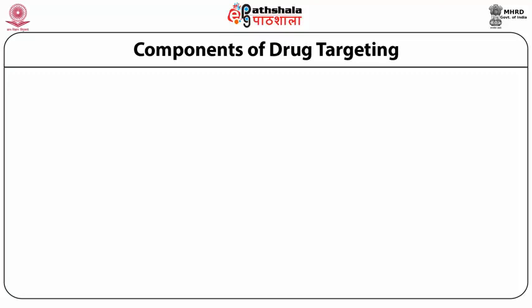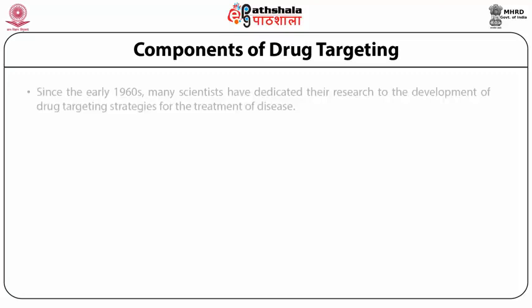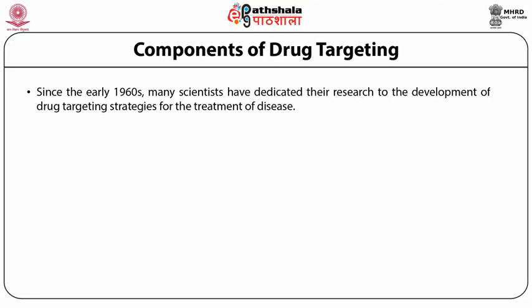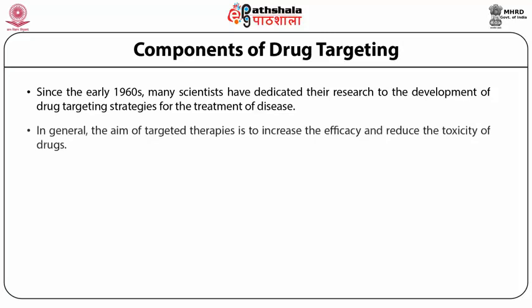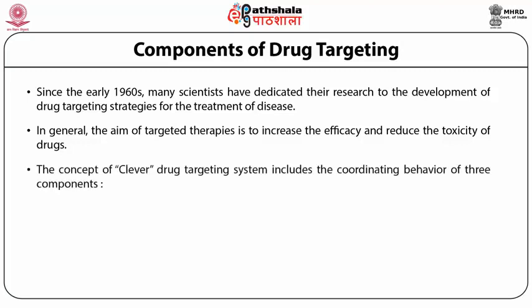Drug targeting, you can see here, since the early 1960s, many scientists have dedicated their research to the development of different targeting strategies for targeting the drug for improved treatment of diseases. Generally, we can say the aim of targeted therapies is to increase the efficacy with reduction in toxicity. So you can also call it the concept of a clever drug targeting system,